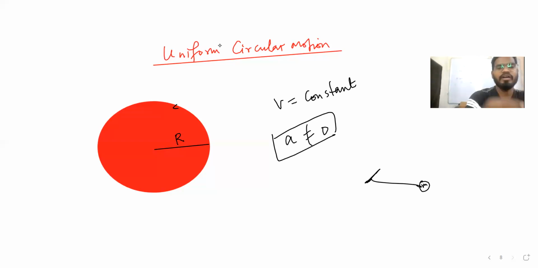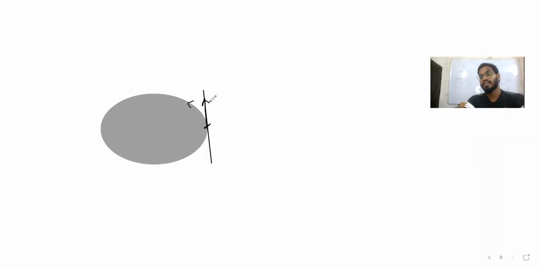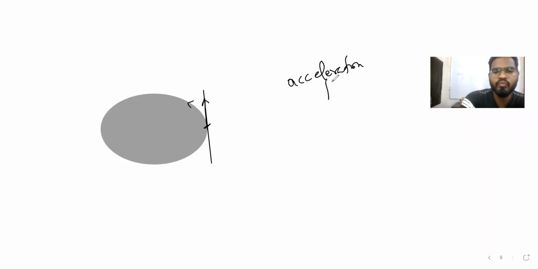Let's consider another particle. The tangent is just touching at one particular point, and the particle is revolving like this, so we can say it is going in this direction. Now, if a particle is revolving, there is some magnitude of velocity already present, right? For acceleration, two things are required. One is the magnitude of velocity. Another is a direction. Both things are there.